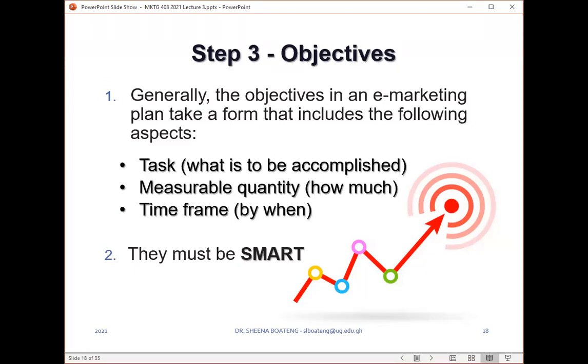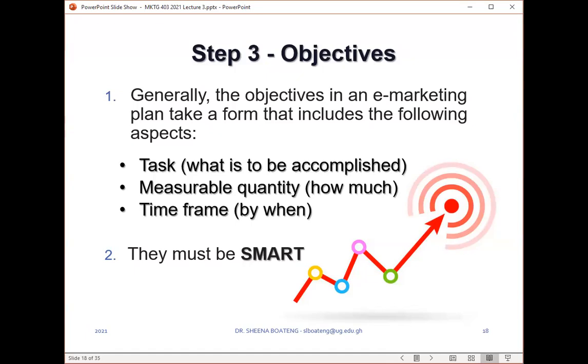Do you need to know about their gender? Do you need to know about their location? Do you need to know about their values, their lifestyles, their psychographic preferences? All of these things are quantities that you can use to quantify the kind of task that you need to achieve. So if you want to be able to know their gender, their demographics, their consumption patterns, and perhaps their payment options, by the time you have quantified it this way and you have achieved all these four, you know